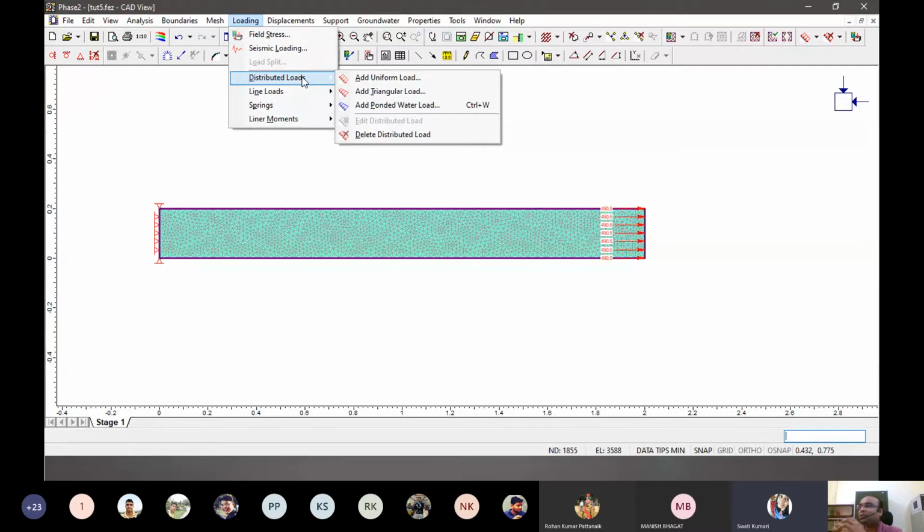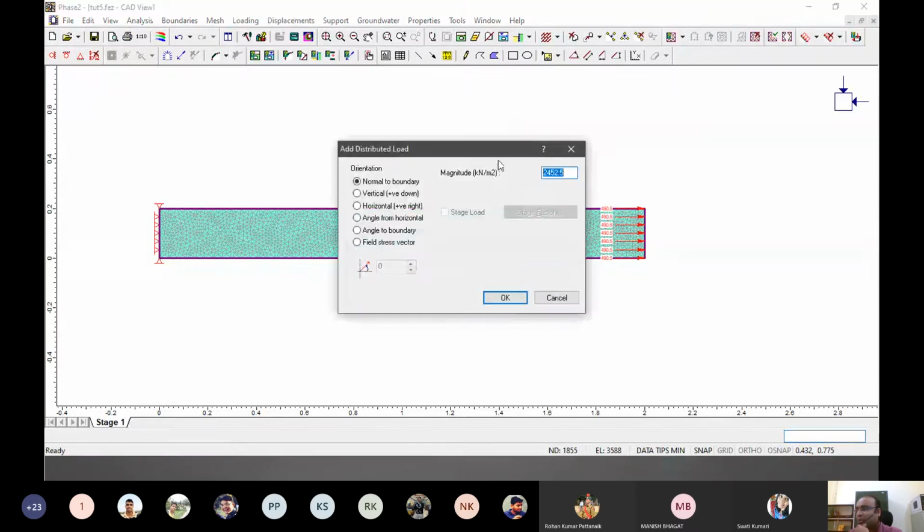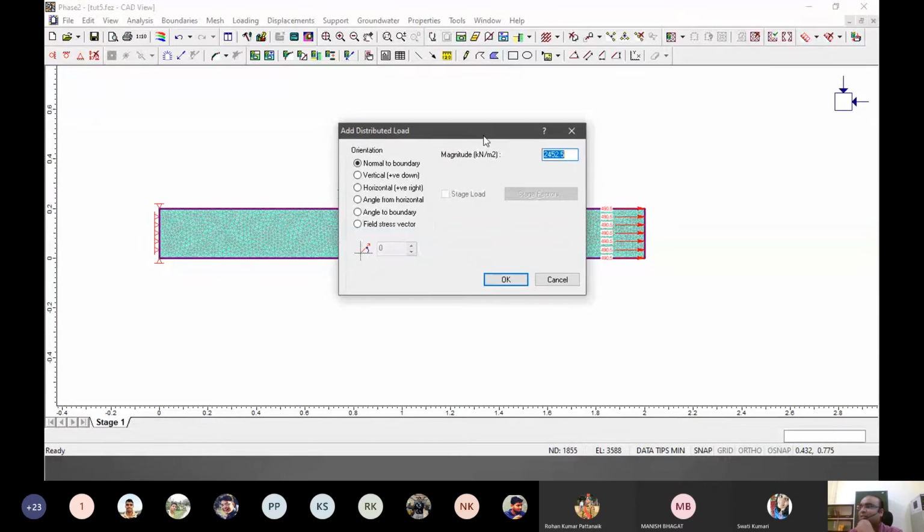Actually, I think the tutorials are older versions, because they have changed many things now, and even in newer versions these are also changed. So it doesn't matter for us, because anyway we know what we are doing. Load is basically force, but now they are inputting load in terms of stress or pressure. So if they're using stress, we can convert it and use that accordingly. That's okay, so that doesn't change much.